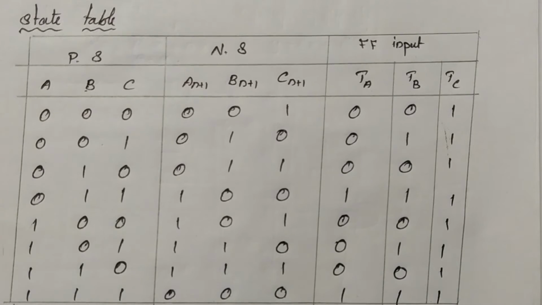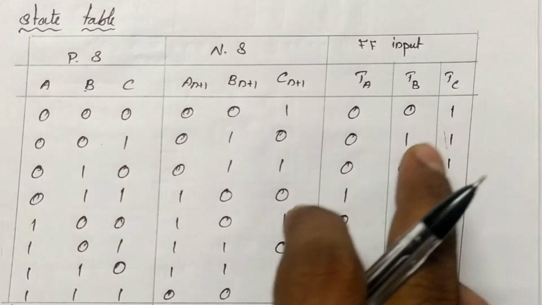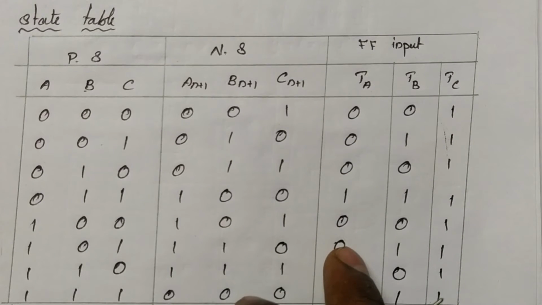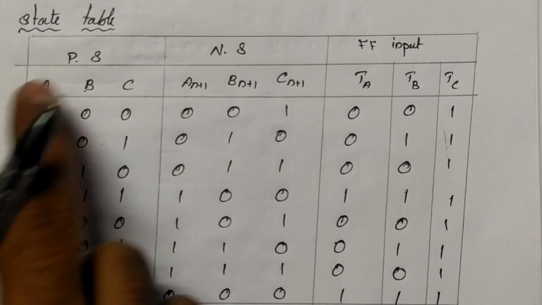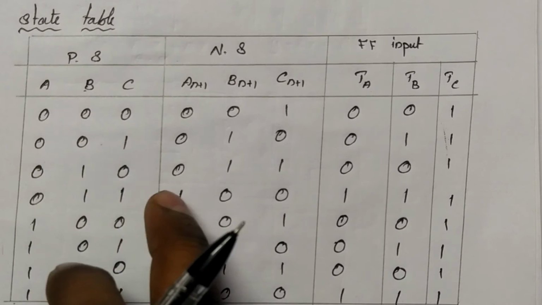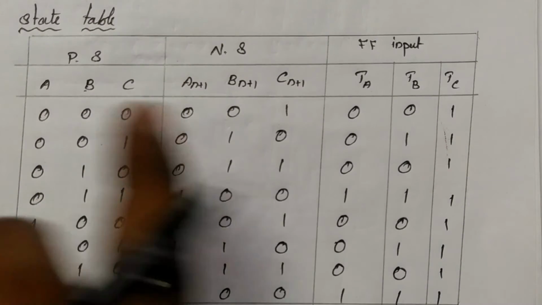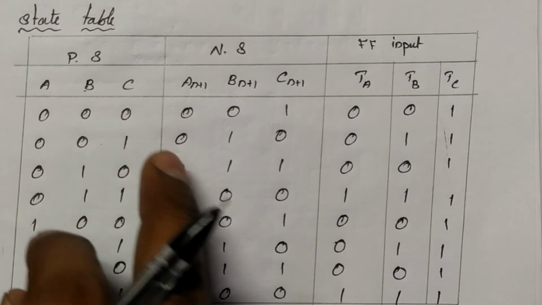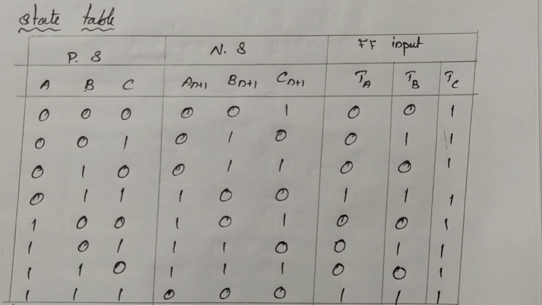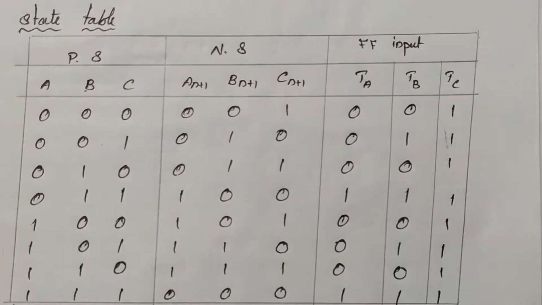So from the state table, we need to find TA, TB and TC values using the K-map simplification method, and here we need to consider the present states. Therefore, we need to go for 3 variable K-map. If there is some input we need to consider the input also, but here there is no input. Therefore, simply we can consider the present state alone for respective TA, TB and TC values. TA is a 3 variable K-map.